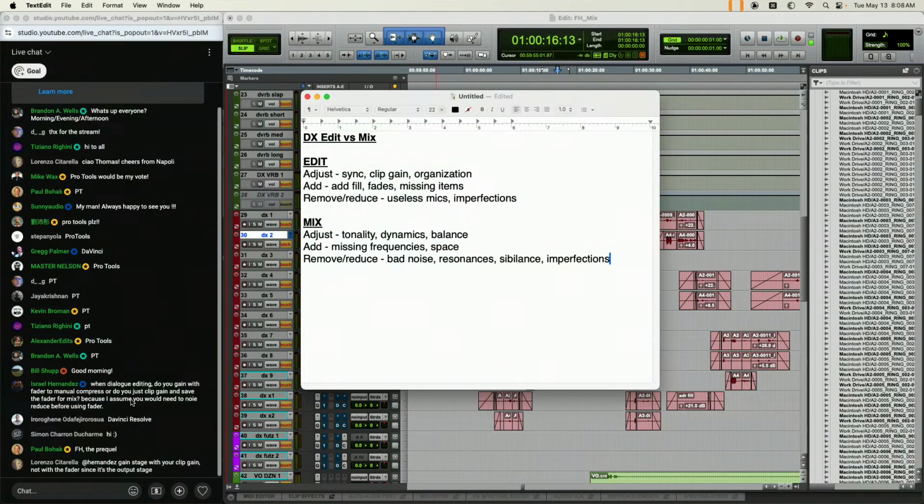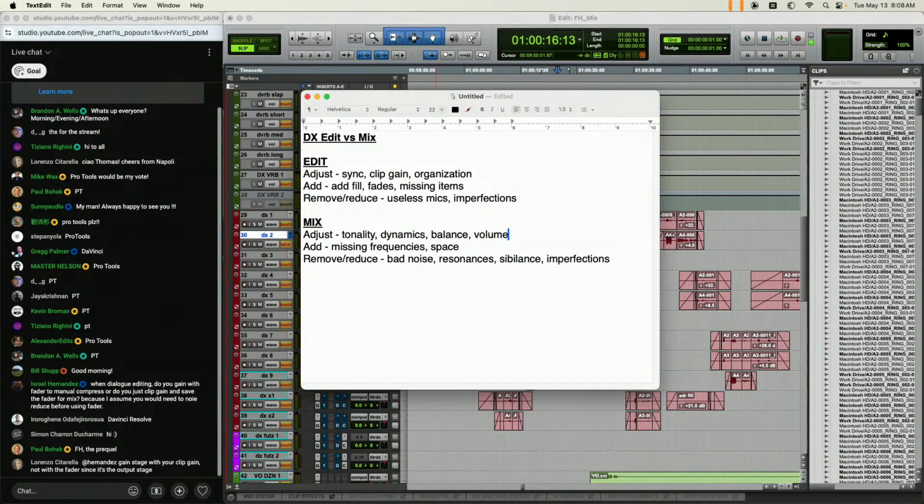We got a question which is really good. Israel says, when dialogue editing, do you gain with the fader to manually compress, or do you just clip gain and save the fader for the mix? Yes, that is an excellent question. We will get into clip gaining.